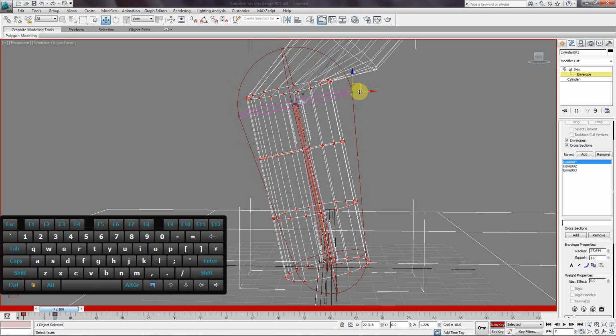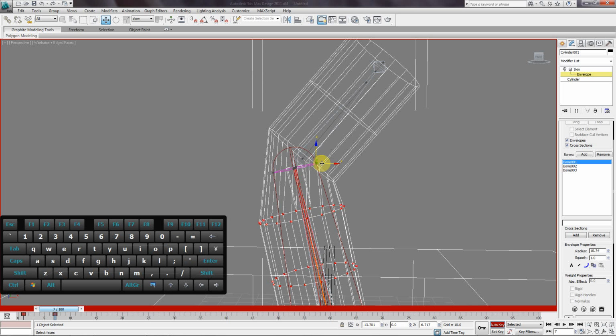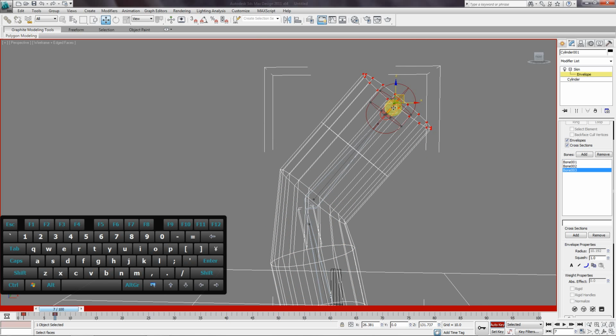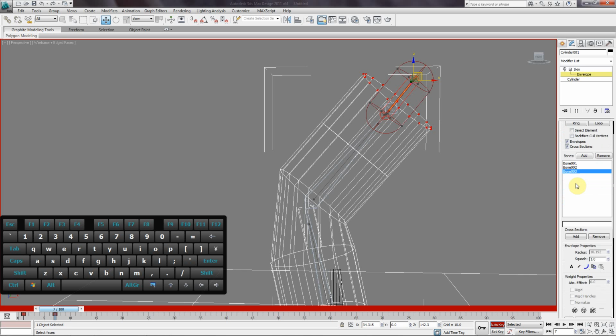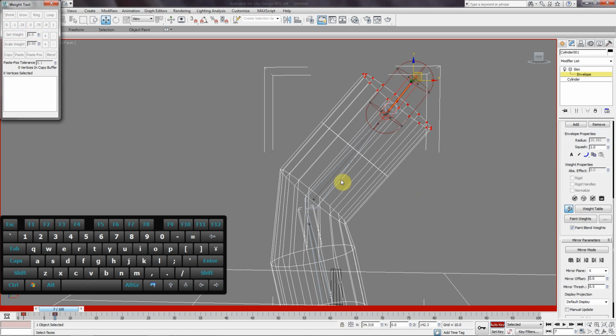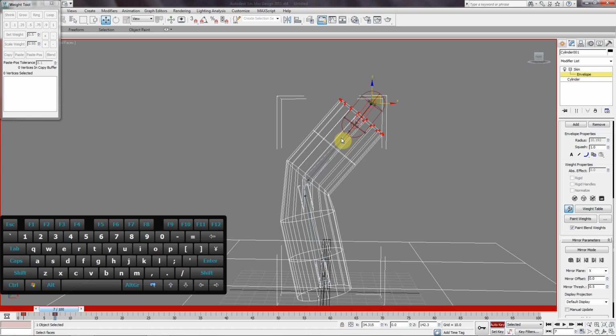Alright. Of course, right now this is very rigid, and you don't have very much control. You're just able to move this thing up or down or another direction. Alright. To get full control, you want to go into a per vertice editing mode. By doing that, you have to go into edit envelopes, click vertices, and scroll down and go to the weight tool. Okay, so now I can click on an envelope and it'll show me the current influences or vertices assigned